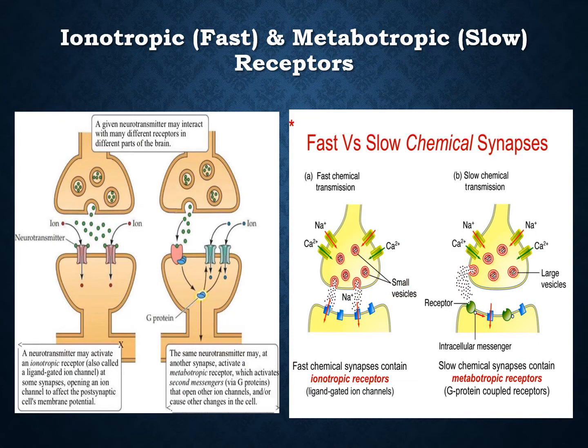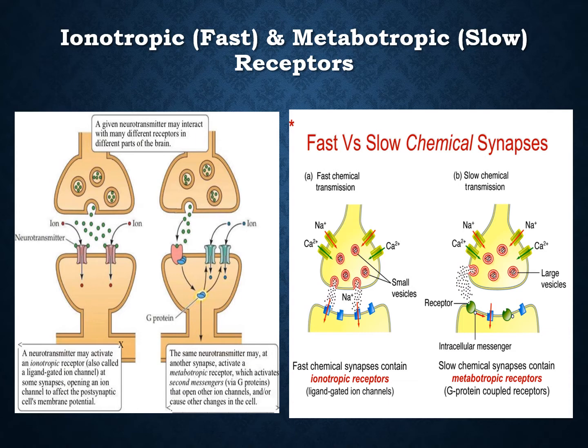So here we have presented ionotropic and metabotropic receptors. Through ionotropic receptors, fast transmission takes place, and from the metabotropic receptors, slow transmission takes place. Any neurotransmitter can go from the ionotropic, even can go from the metabotropic receptors. So in the left hand side diagram, a given neurotransmitter may interact with many different receptors in different parts of